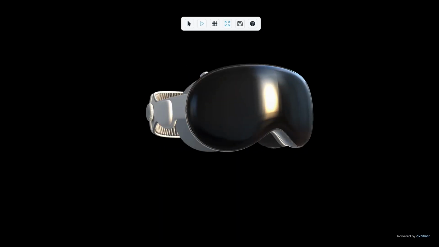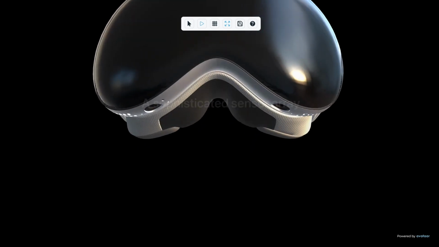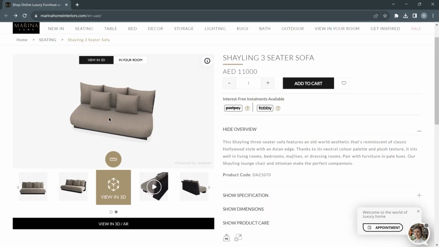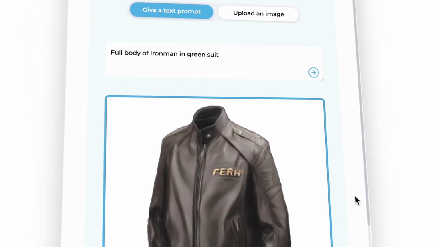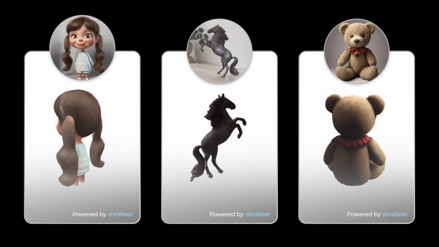Using the Creator platform, you can effortlessly build no-code 3D web pages, spatial product stories, and even interactive 3D PDPs. You can also take advantage of our generative AI features to create 3D models with a simple text prompt or even a single image. But hey, don't take my word for it. Hear it from our power user who has regularly been using the Creator platform to create these immersive videos and